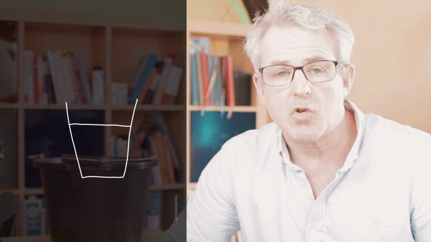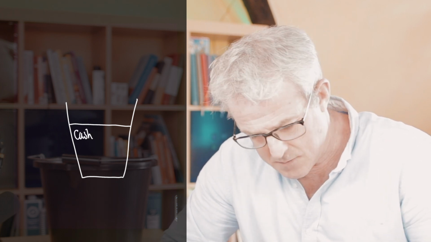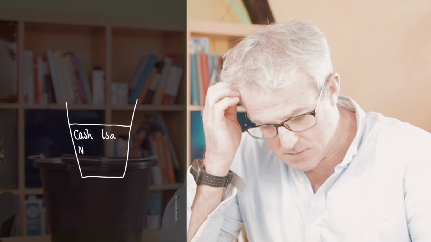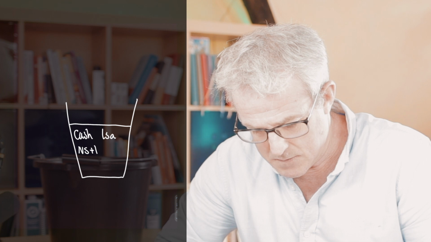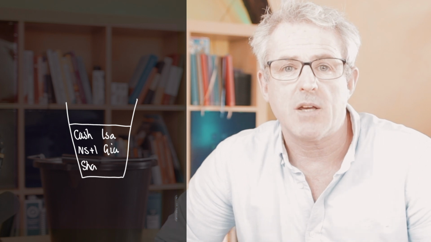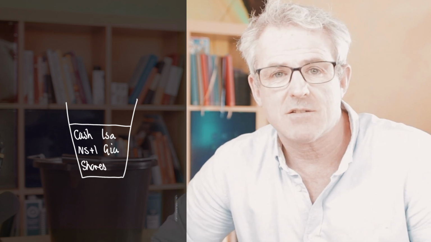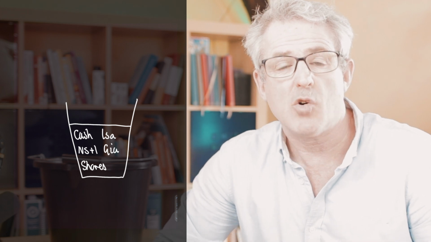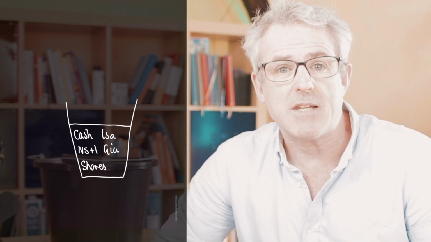Now, the best way to explain the financial bucket is for me to draw a picture. So let's pull up my iPad and let's get drawing. The first thing to do when looking at your financial bucket is to draw your bucket. So here we go. Inside your bucket, you've got your liquid holdings. So you've got cash, any ISAs, any national savings. If you've got a general investment account or any shares, they are all inside your bucket because your bucket contains your liquid assets. And that's money that you can access immediately or very quickly in order to spend it.